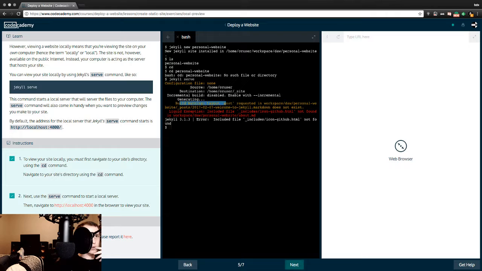Build warning layout, post request in workspace, personal website. Right? Personal website, cd personal website. I don't know. Maybe it worked. List exception, include file, include icon, GitHub, not found in workspace. Error, that can't be good. But they keep giving me green checkboxes, so